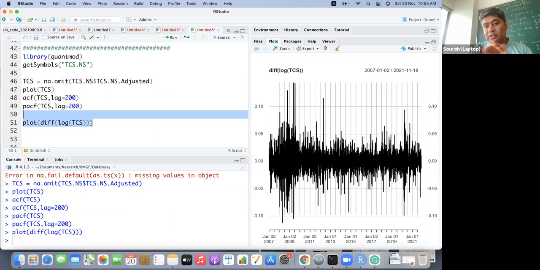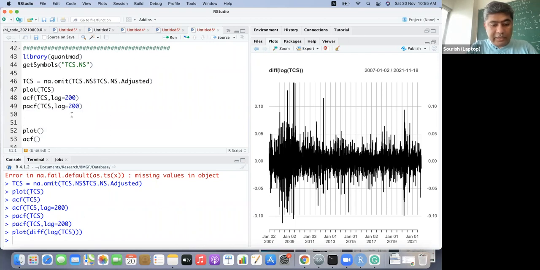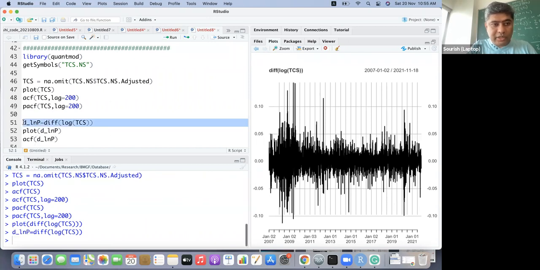It's pretty much stationary. And then you can calculate the ACF plot of this, delta of ln price, the first difference of the ln price.